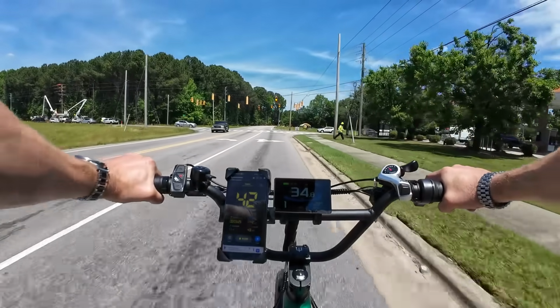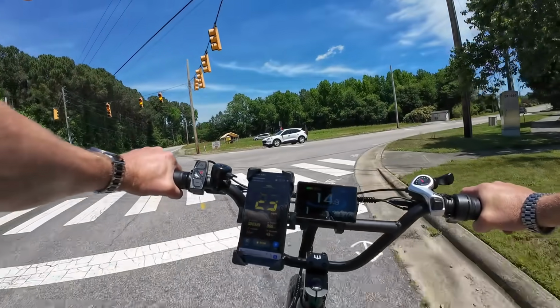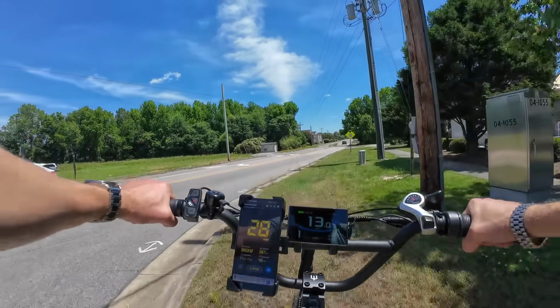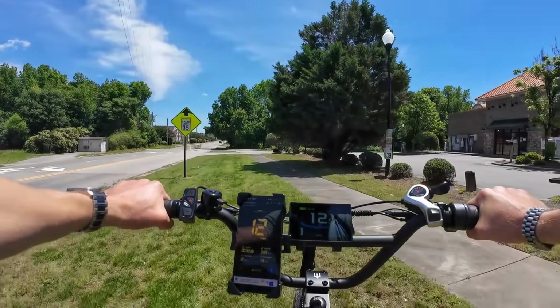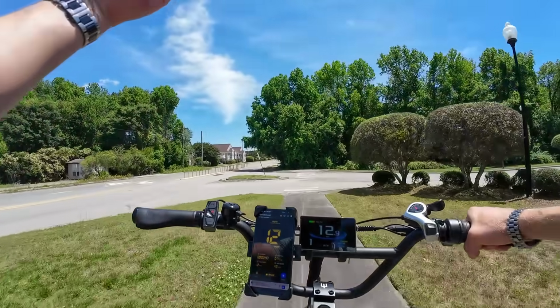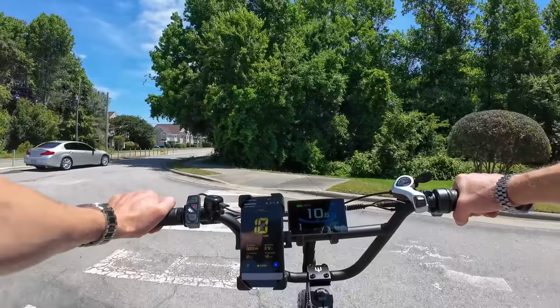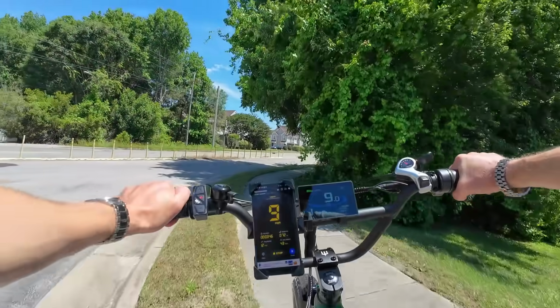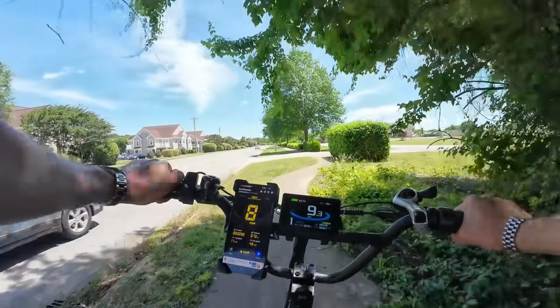Wow, it's actually a little bit faster. That's a little bit faster than normal. Yeah, wow. Usually I hit 41.5 is normally where it just kind of tops out, but I did see GPS flash to 43 and the bike was on 44, so I don't think they reworked anything in the motor. Maybe they did, I don't know. Or maybe there just wasn't a large headwind today, I don't know, but